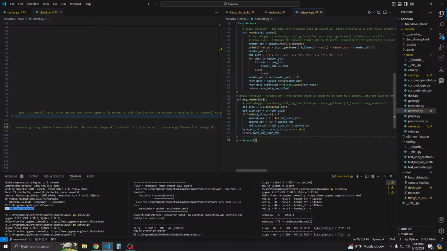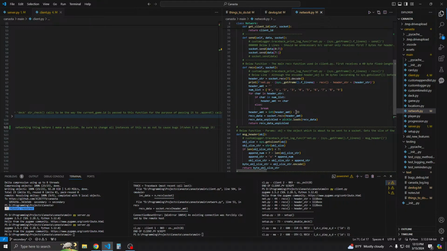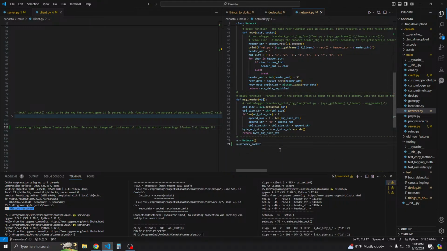We would just say n dot network socket, and then put dot set timeout. I actually like to type it out when I'm learning it, so set timeout, and we're gonna set it to